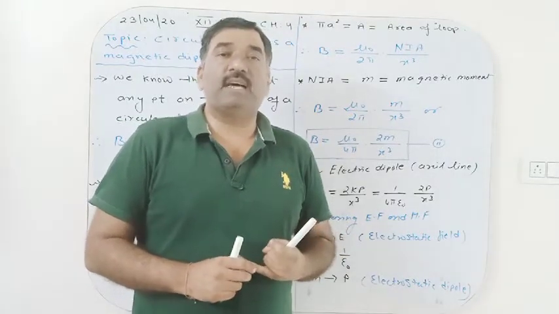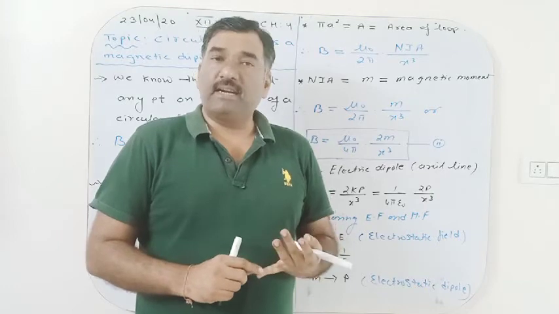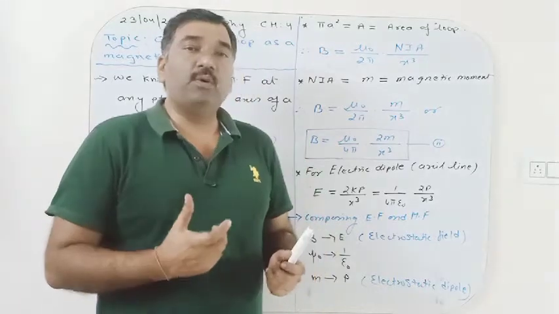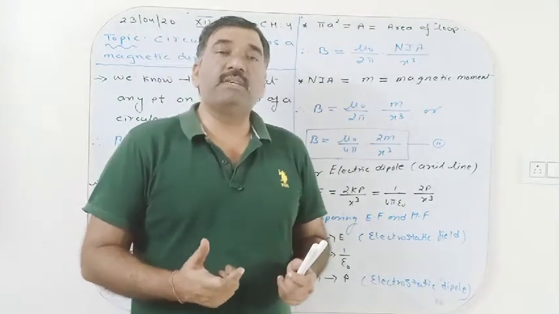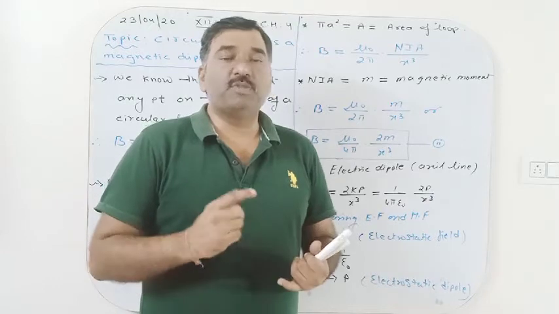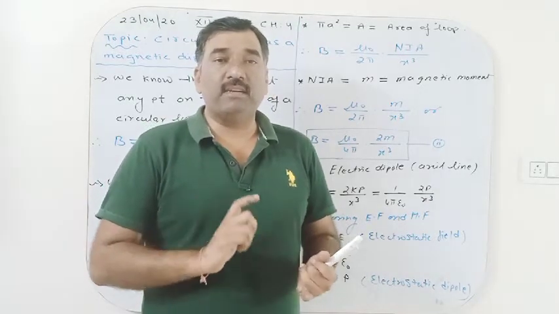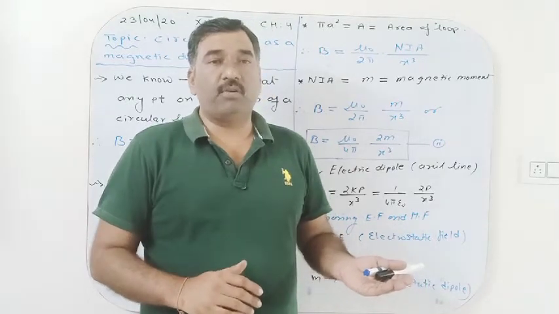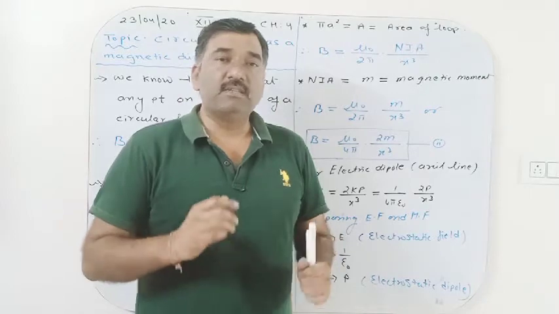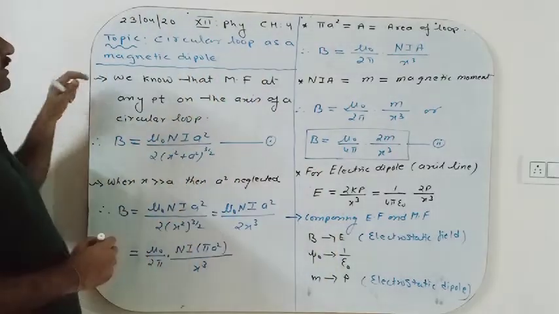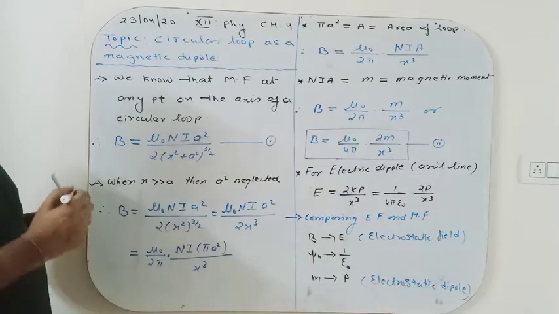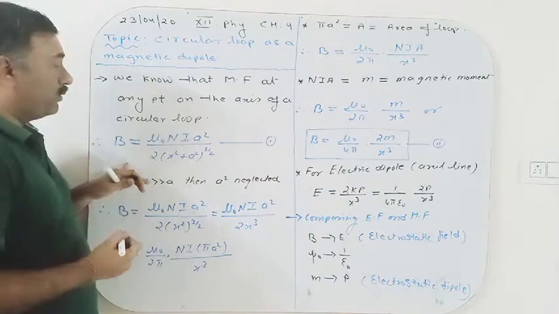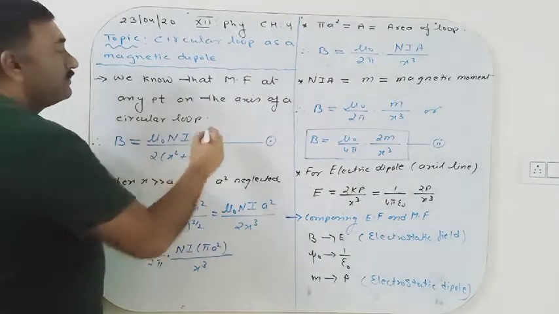Already we had studied the electric dipole in chapter number 1. In this chapter, when electric current passes through the loop, it behaves like a magnet, producing a magnetic field. Any substance which produces a magnetic field has two poles, north pole and south pole. Later on we will also discuss which side of the loop behaves as north and which as south. So here the circular loop has a magnetic dipole moment. We know the formula for the magnetic field at any point on the axis of the circular loop from Biot-Savart's law.